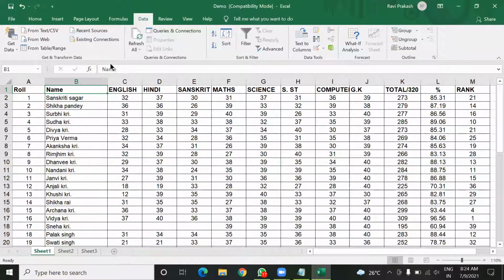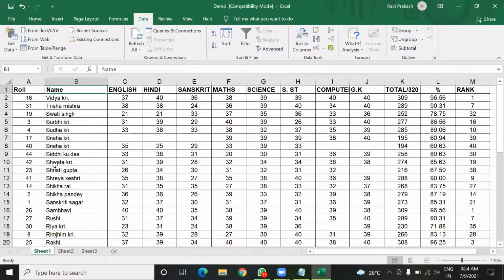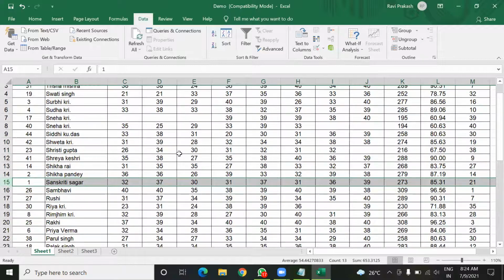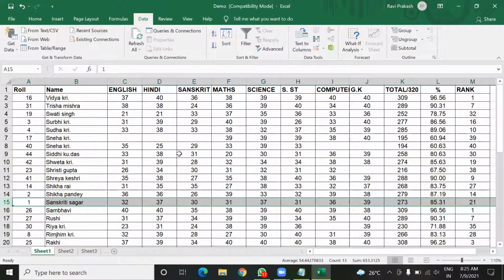Now I am going to perform this sorting Z to A. Again visit this. So are the same marks there or changed? Same marks, right? This name column gets sorted Z to A, but accordingly all columns are also arranged automatically.